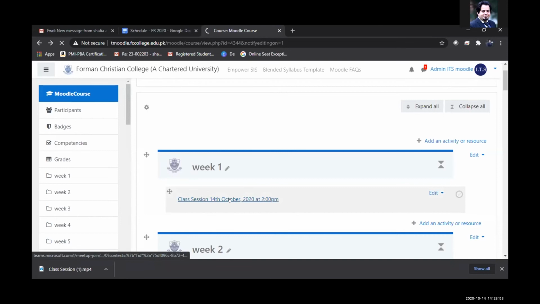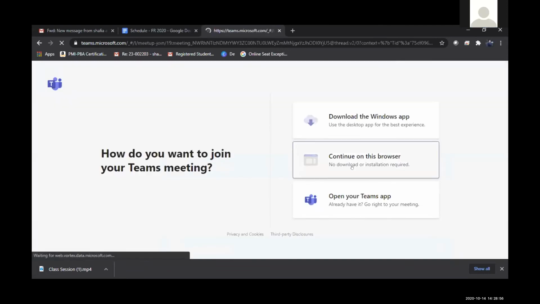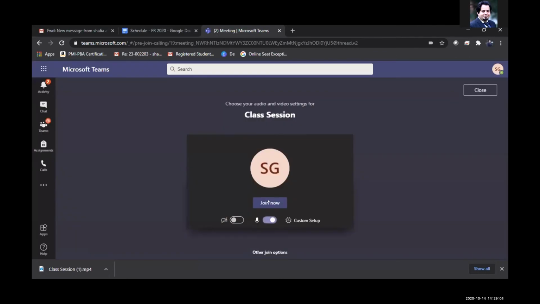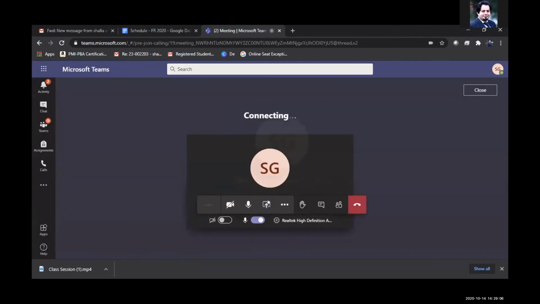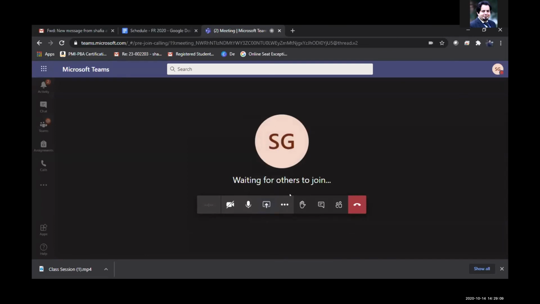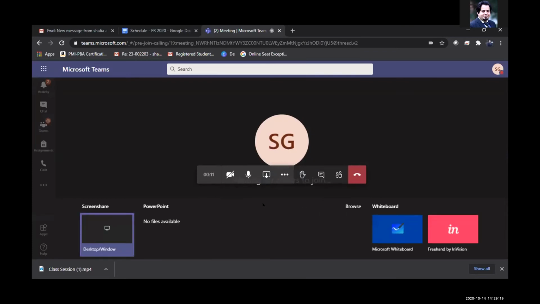Okay, I see there was a question related to whiteboard as well, about how to use the whiteboard. So I'm just going to show you the whiteboard as well as the screen share. Once you're in your session, there is an option of open share tray. Once you click on this option over here, it gives you two options to share. You can share your screen or you can share your whiteboard. So first thing I'm going to do is share a whiteboard.